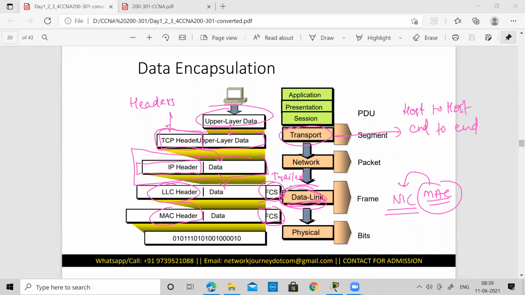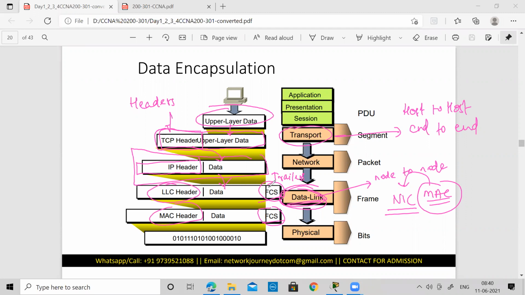However, in the data link layer, we just understood that there is only a mechanism of detection. There is no correction mechanism. And this detection mechanism is not host to host. It is just, I can say, node to node. As the data is moving from one node to any other node, the node can be a router, it can be a switch, it can be a firewall, anything. So as it is moving from one node to another, it is just going to check the error between the node to node, and not end to end.